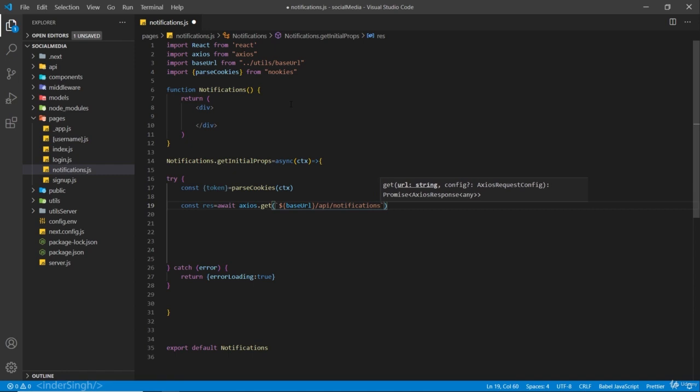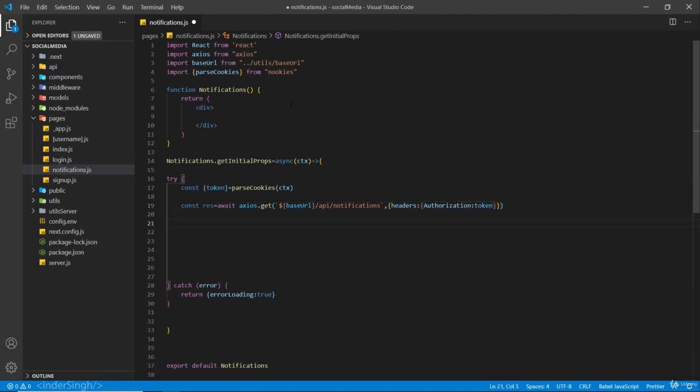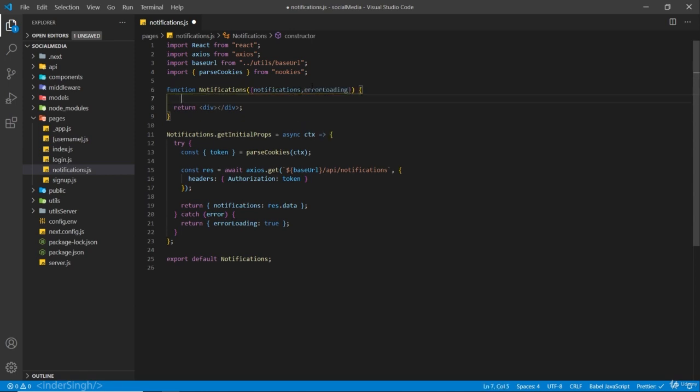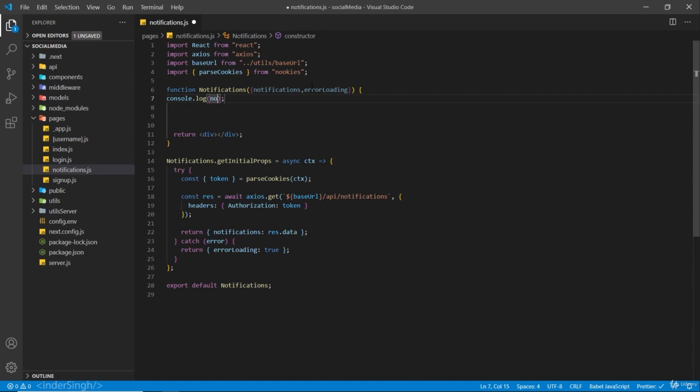We are going to create this route in just a second and pass in the headers. And we are going to return the data. So return notifications: res.data. And we are going to receive these notifications inside our props. So notifications and errorLoading. And for now, I'm just going to log the notifications